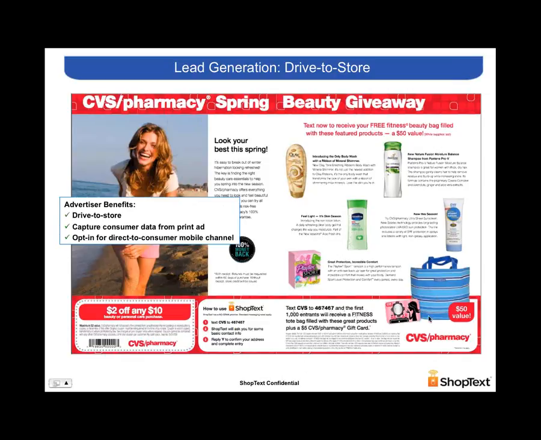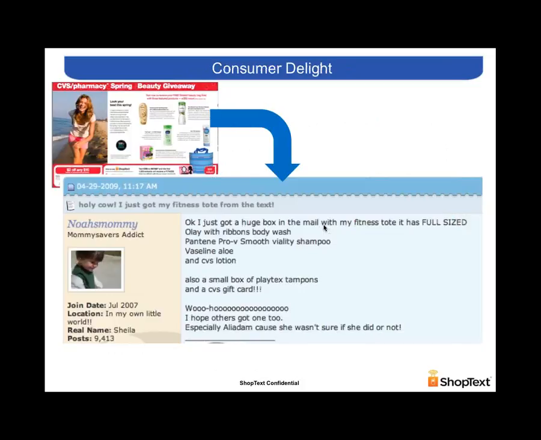Just by texting CVS to 467-467, you could get one of these tote bags filled with all sorts of product and a $5 gift card. Don't everybody try to do this. This program's over. But they provisioned for 1,000 of these bags, and it was only promoted in fitness. The reality is that it went live at midnight, and at 12:04, these were gone. 20,000 people wound up doing this execution, and as soon as the 1,000 were gone, we switched this to a sweepstakes to win one of 150 CVS gift cards. And the kind of reaction that you get from people is amazing.